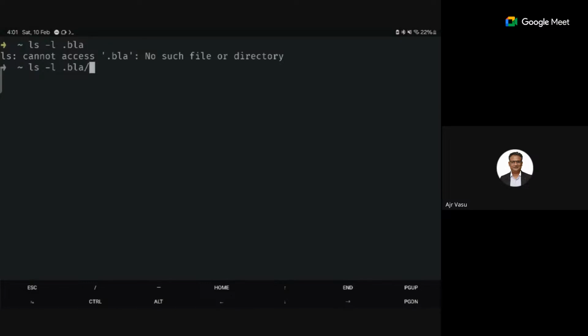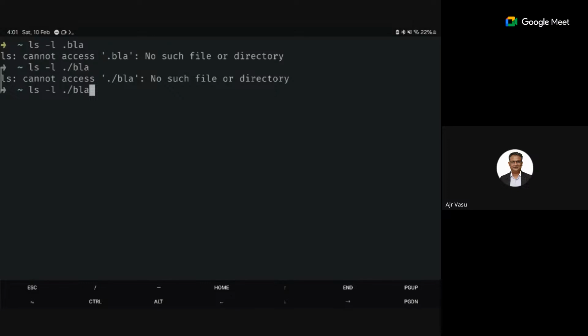It could be anything actually. So my question is, how is ls working for two such? It's like two commands. How is it working like this? Because normally it is not two commands, it is only one command.